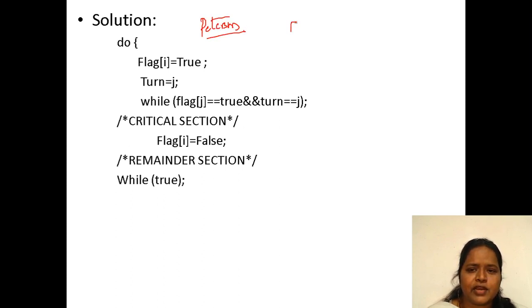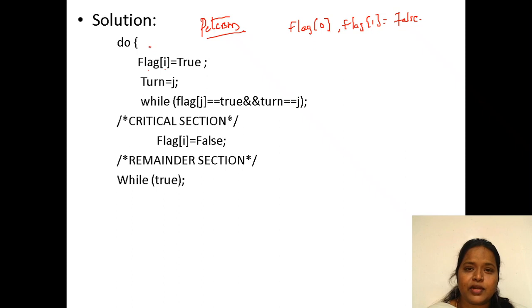Initially we have kept flag of 0 and flag of 1 equal to false. Here, first in the solution, flag of i is equal to true.